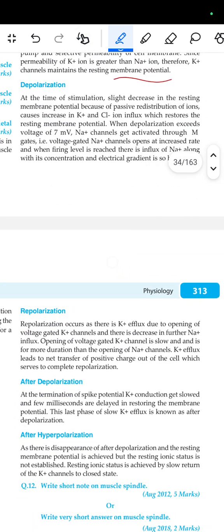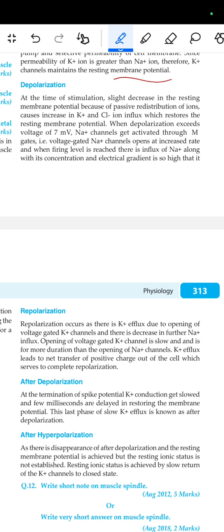तो at the time of the stimulation, there is a decrease in the resting membrane potential because of the passive distribution of the ion, causing the increase in the K+ and the chloride ion influx, which restore the resting membrane potential. When the depolarization exceeds voltage of 7 millivolt, sodium channels get activated through the M gates, that means